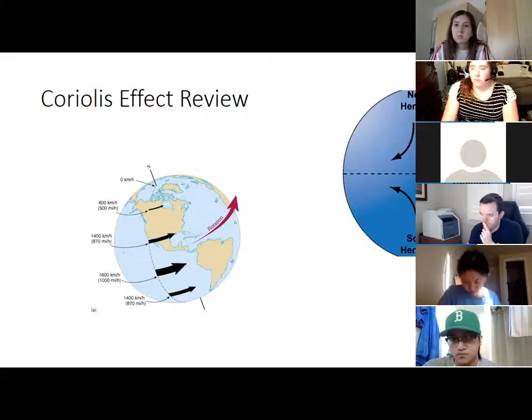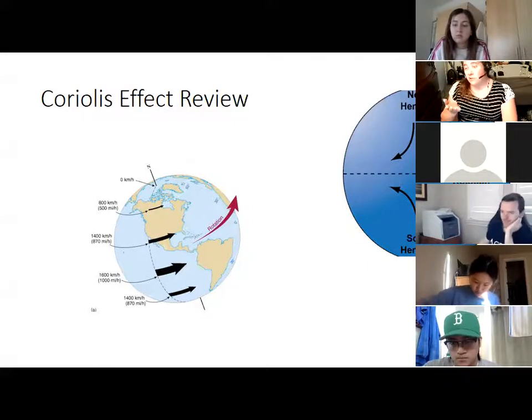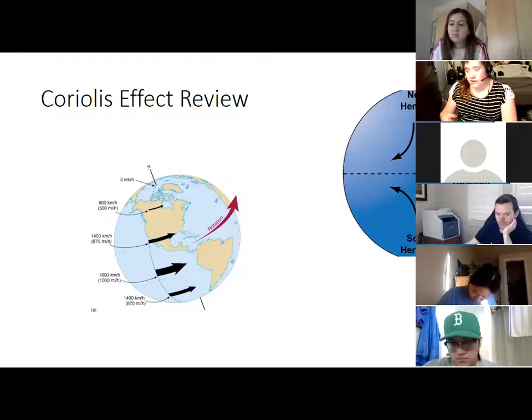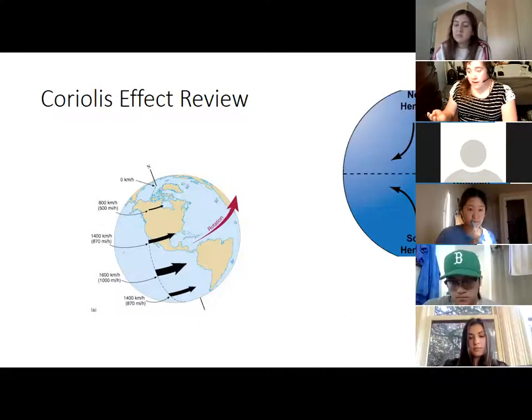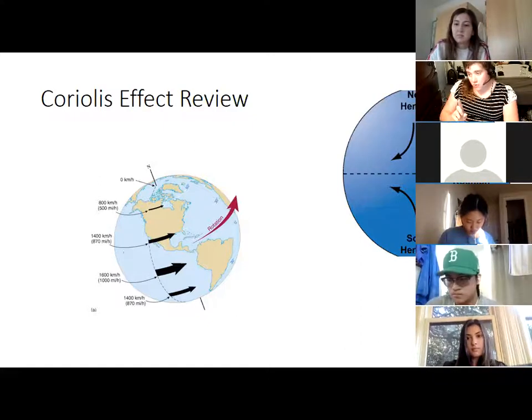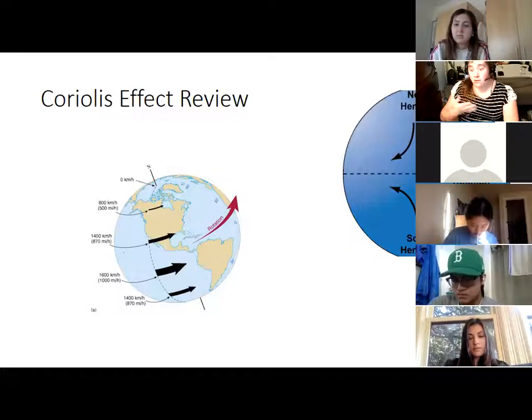another way to put it is, whether you're going, so if you're going, say, south to north, whether you're going to come across slower latitudes or faster latitudes depends on what hemisphere you're in. Because if you go from the equator north, you're going to start hitting slower latitudes and you're going to get deflected to the right of just the north path. Now, if you are in the southern hemisphere and you start heading north, that actually means you're going to start hitting faster latitudes, essentially, because you're going to be getting closer to the equator.